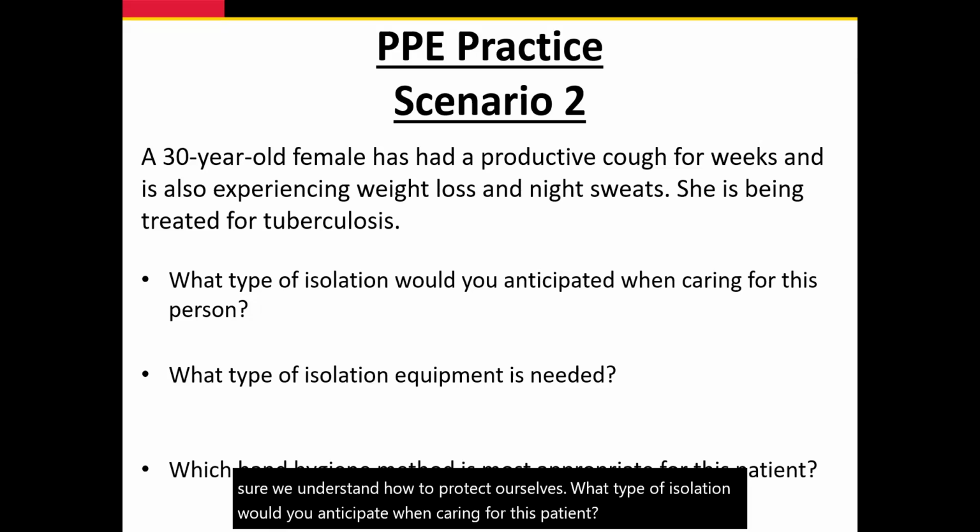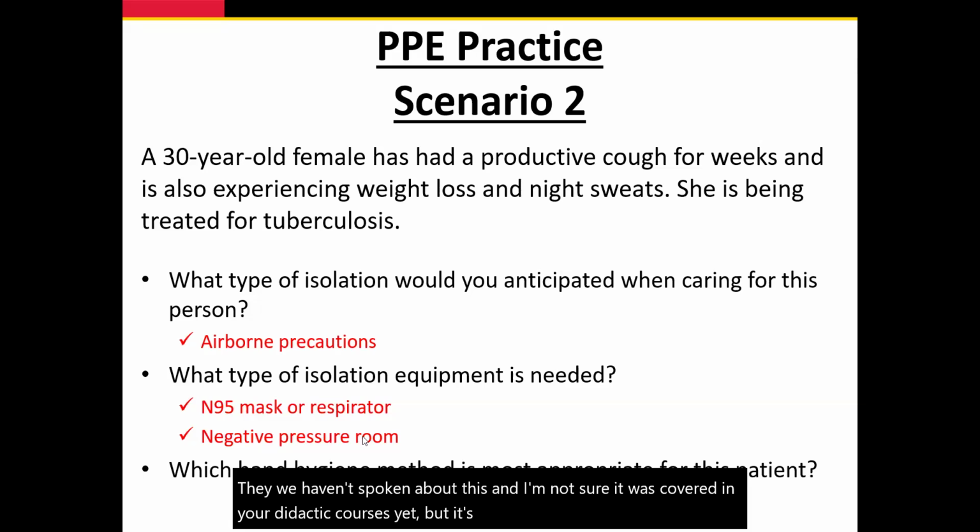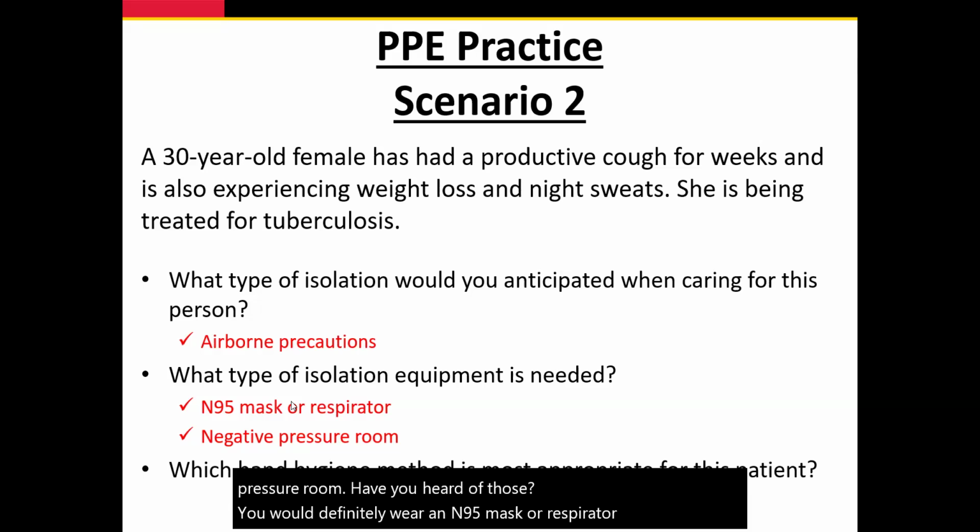Airborne. Airborne, yeah. And the highest way to protect your airway, what kind of isolation would be in this room? Negative. We haven't spoken about this, and I'm not sure it was covered in your didactic courses yet, but it's something called a negative pressure room. Have you heard of those? You would definitely wear an N95 mask or respirator, because that's the highest way you can protect yourself from breathing